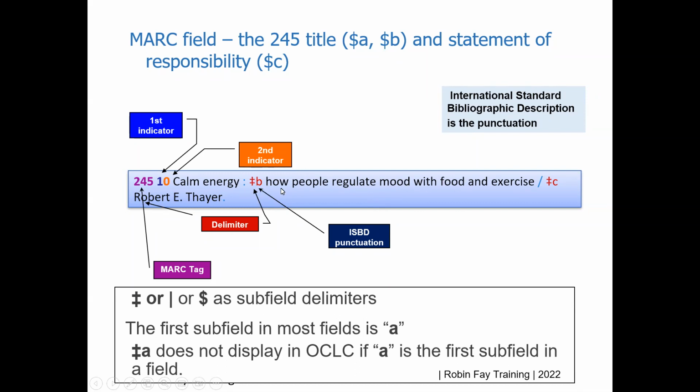Now, if there's a comma in our title or the title is somehow broken up, then we would probably put the second part of that information in a subfield B. So this was subfield A, and we are dividing up the information into subcategories using these subfields. And then, to complicate things just a little bit more,